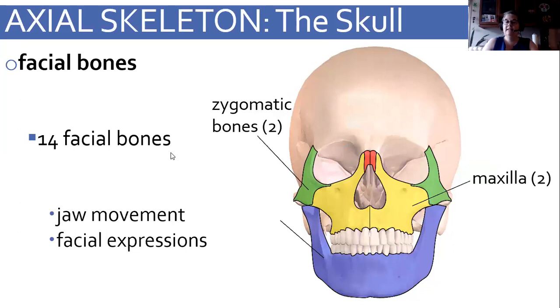The next we have is the maxilla. We can see that they're divided. There are actually two of them, fused together here. One is here, and one is here. So it's the top part of my jaw, and it also makes its way to be part of my orbit, and it makes up part of the roof of my mouth, the bony part of that.